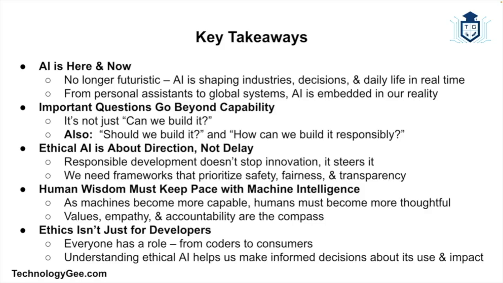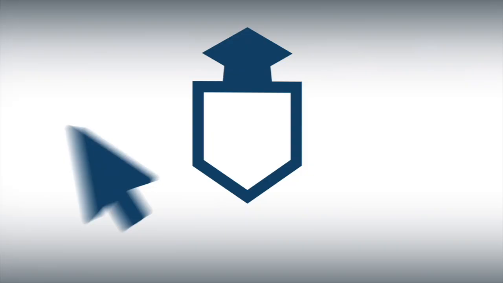Practicing ethical and responsible AI isn't about slowing progress, it's about guiding it. It's about making sure that as our machines get smarter, we stay wise. So whether you're coding the next application or you're just learning what AI is all about, remember this: ethical AI isn't a technical problem, it's a human commitment. So let's go ahead and build the future that we actually want to live in.